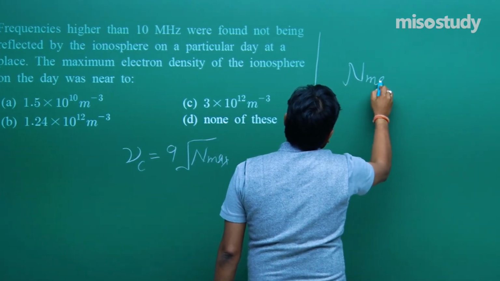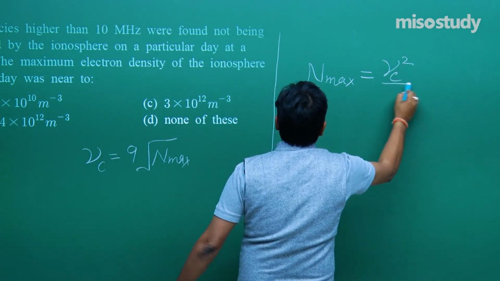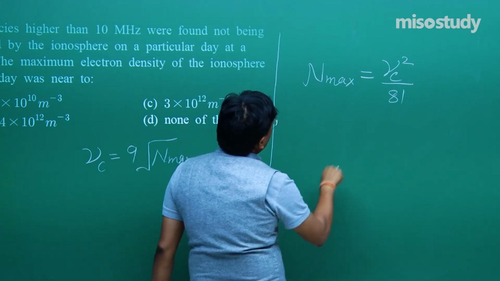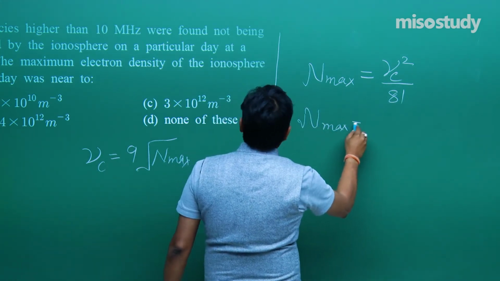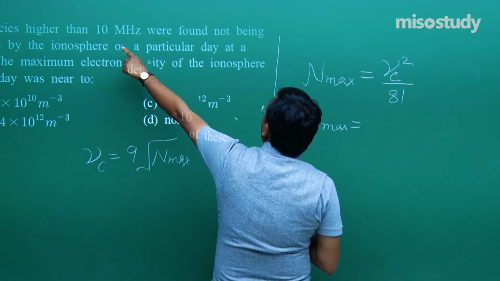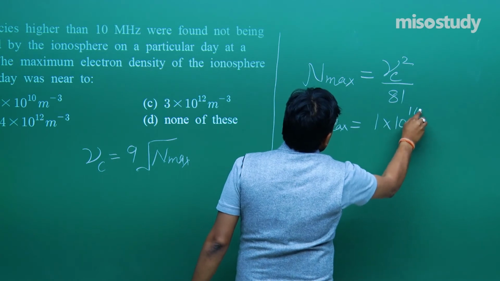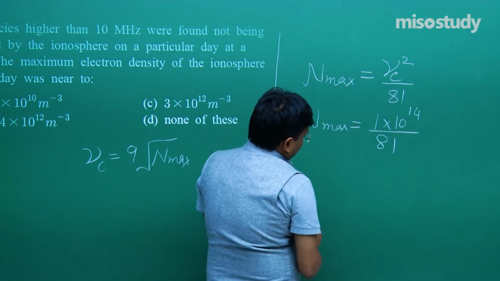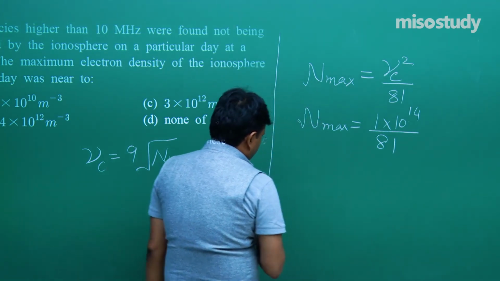n max is equal to, upon 9, 9 nines are 81. Fine, no problem, simply multiply it. So n max is equal to 1 into 10 to the power 7 square, that will give you 1 into 10 to the power 14 upon 81. Fine. So by this you can easily find out the value, and yes,